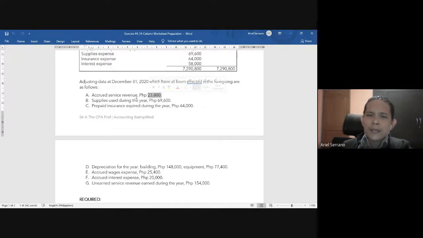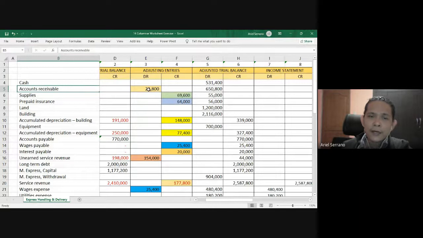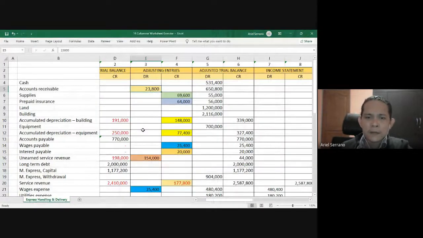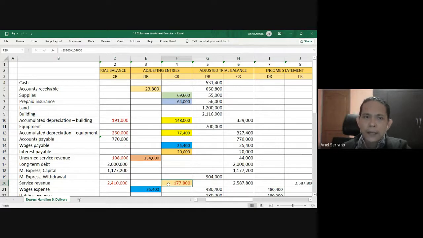We will debit, for this purpose, I use the accounts receivable for our debit entry for 23,800. And then we have to credit service revenue. That is why this row here for service revenue is where we will find 23,800 as part of your